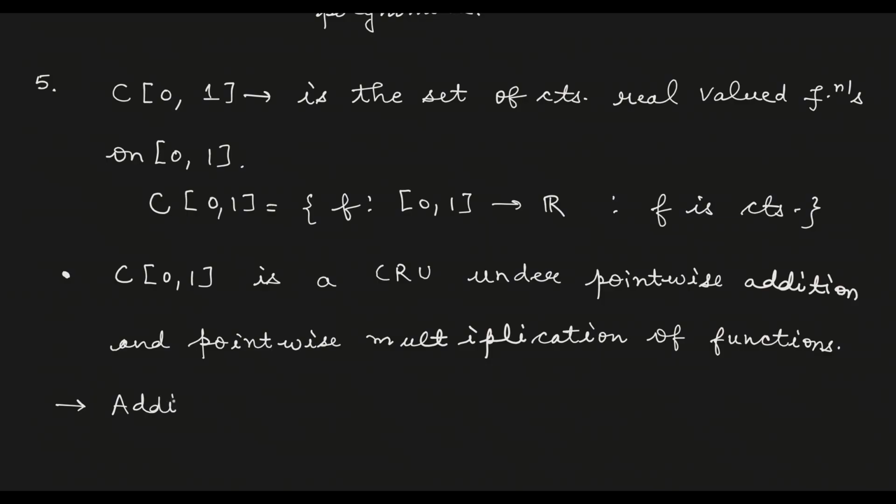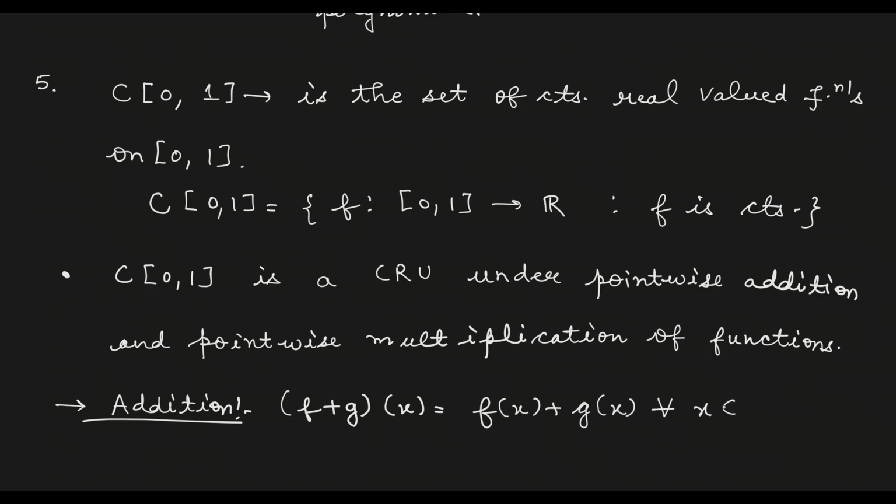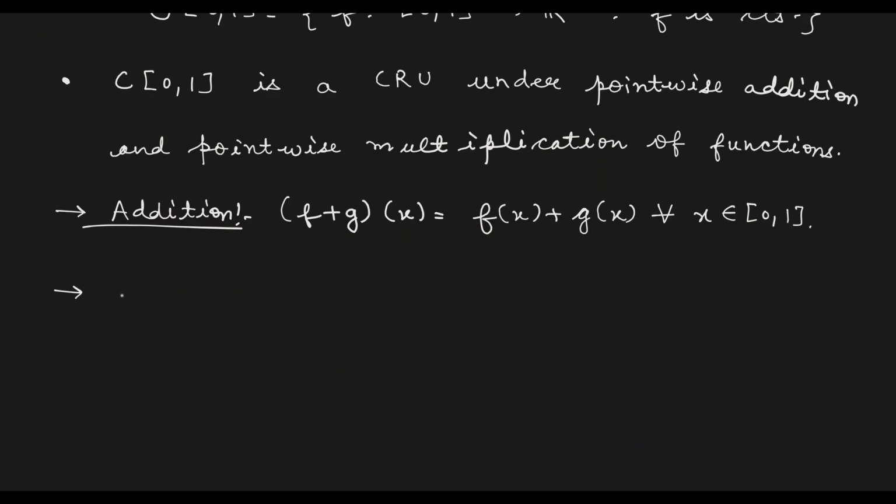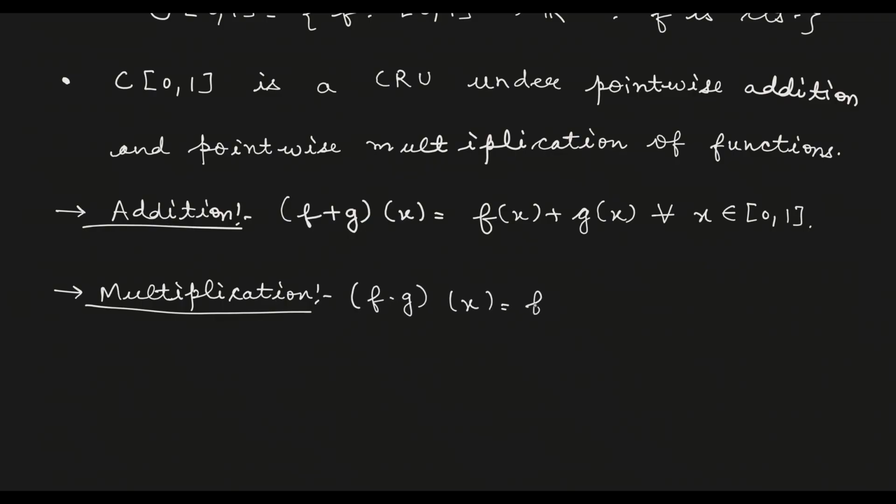So addition, (f plus g)(x) is equal to f(x) plus g(x) for all x belongs to closed interval [0, 1], and multiplication, (f into g)(x) is equal to f(x) into g(x) for all